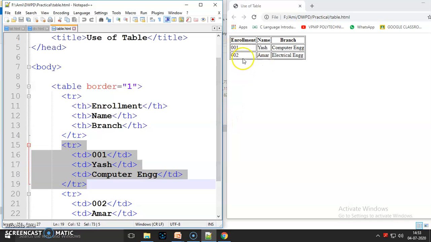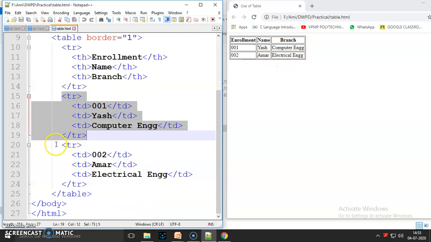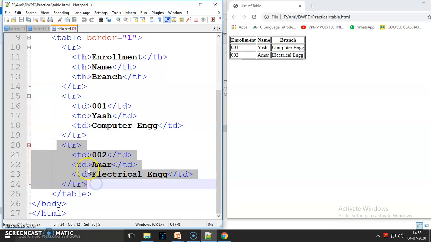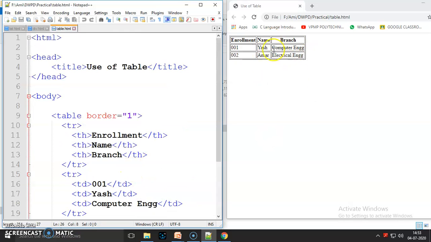Then the third row: name is Amar and branch is electrical engineering. So in the coding, again I write the third row tr and slash tr, and between them I write td 3 times. And in this table, the border of the table is given with value 1.